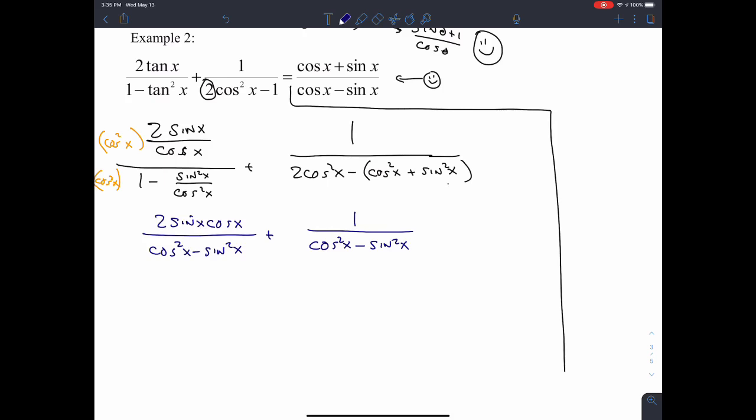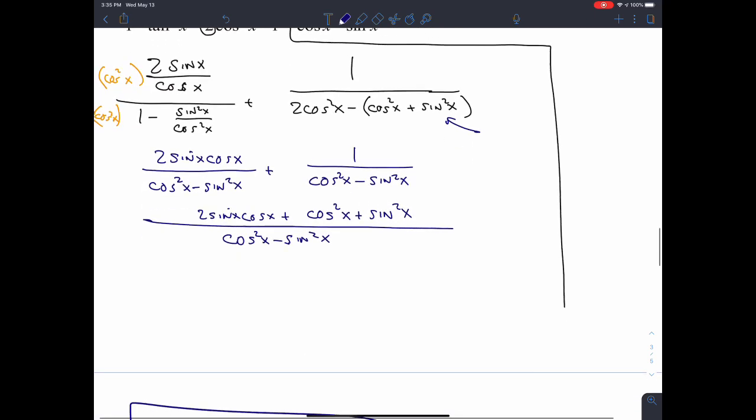All right, so what was the trick? The trick was turning the number 1 into a sine squared x plus cosine squared x. Let's see if that works for us one more time. I'm going to rewrite this as cosine squared x minus sine squared x in my denominator. I've got a 2 sine x cosine x plus, let's try it. Let's go to the well one more time. Cosine squared x plus sine squared x. A little rearranging in this numerator might be wise. That's going to give me cosine squared x plus 2 sine x cosine x plus sine squared x all over,